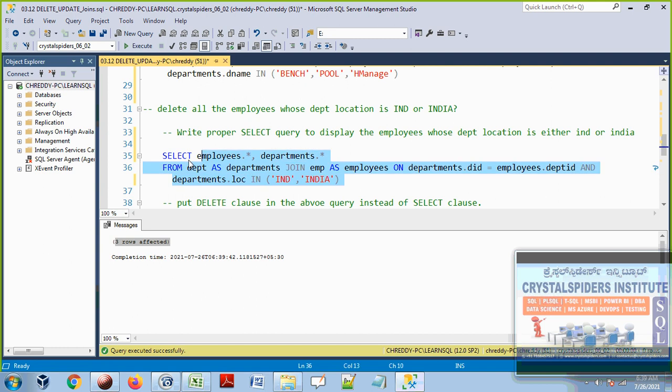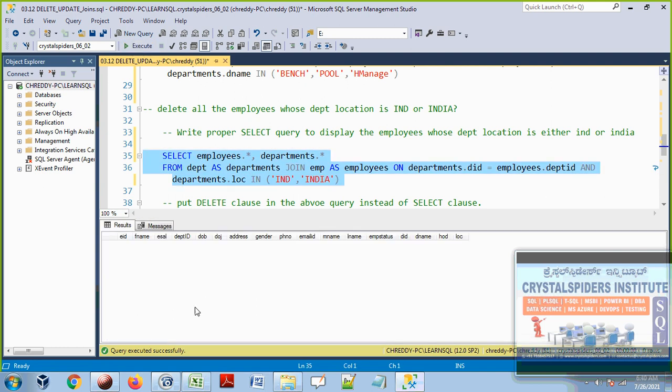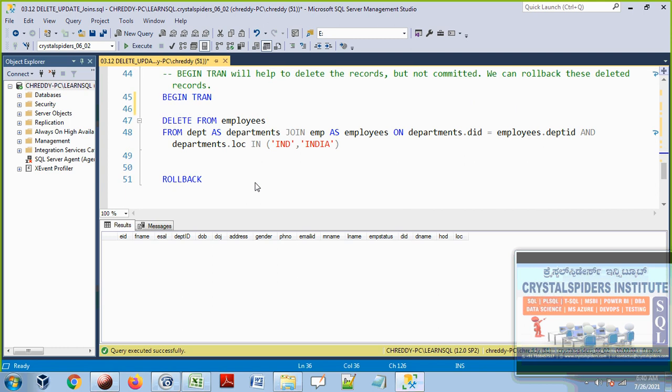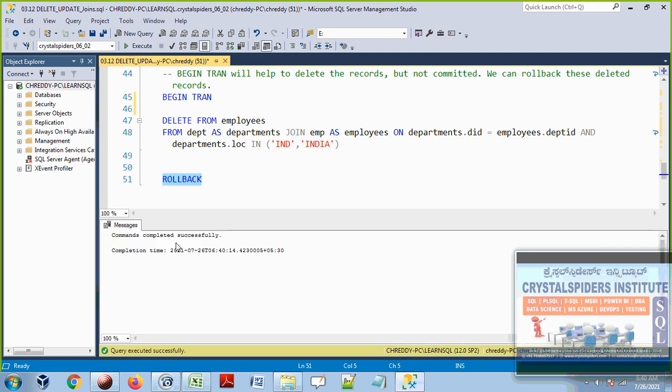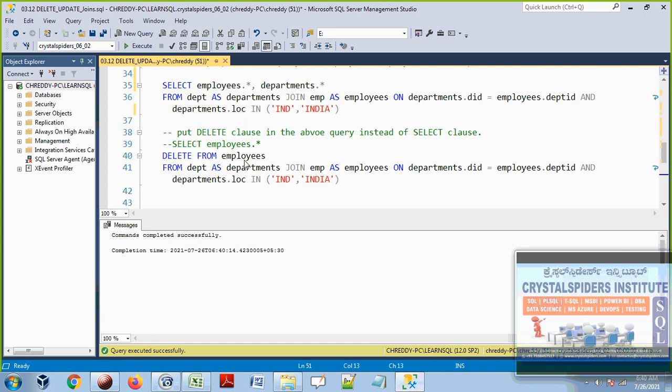You can check it out. In that employee table, it is saying empty. There are no records because we just deleted them. That's why it is not showing those 3 records. Let's go back and say rollback. When I say rollback, those 3 records will again come back to the table. So I said rollback. Now let's go back and check it out. We can see those 3 records now.